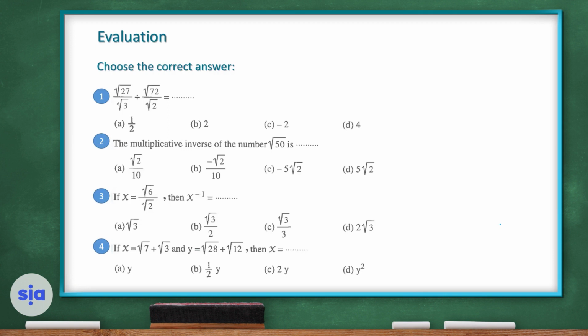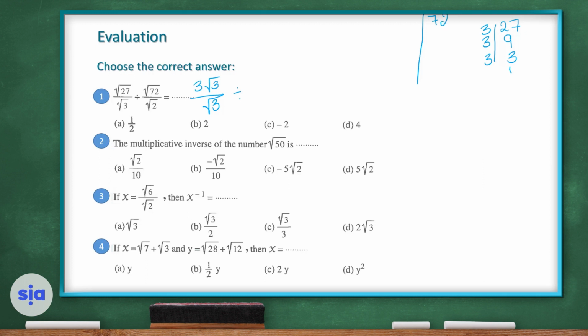You need to simplify each square root. So here, square root of 27, as we did it before, it's 3, and then 9 divided by 3, it's 3, and then 3, then it's 1. So the square root of 27 is 3 root 3 over root 3 divided by, if you simplify or if you factorize,